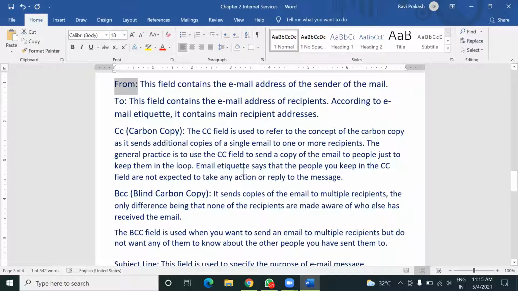Means this field is used to send the same message to other recipients as well. And email etiquette says that the people you keep in the carbon copy field are not expected to take any action or reply to the message.